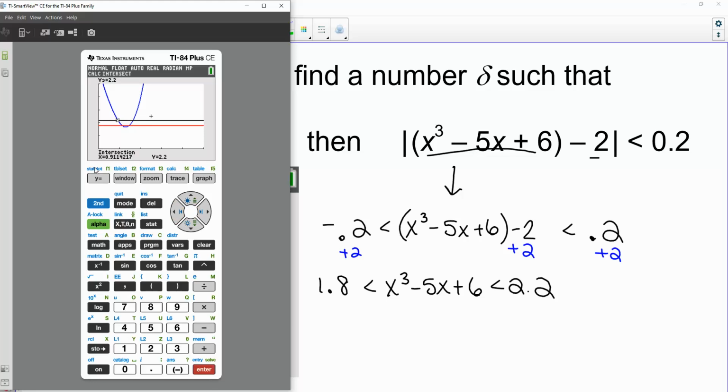If you're having trouble doing this on your calculator, it's not a big deal. I'm not going to ask you to do it. I'm just using this to illustrate. So we get 0.911 as our value. Okay, so that means x has to be